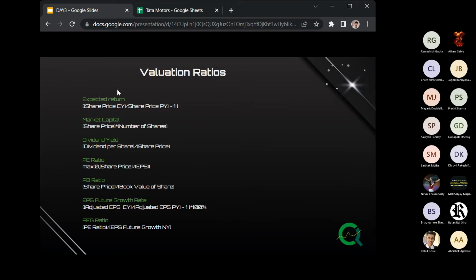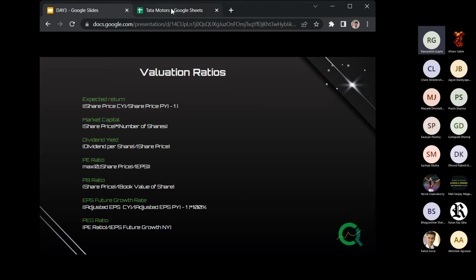For the PE ratio, we take the maximum of zero and the share price, and divide it by the earnings per share. We do this because, suppose a company has a negative PE ratio, that doesn't make any sense, because it is kind of losing money. So we look into the PE ratio then. A very high PE ratio is also not ideal. Currently, Nykaa has a PE ratio above 1,000, which is not very admirable. A PE ratio should be in a very ideal range.